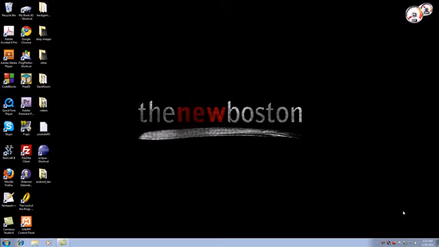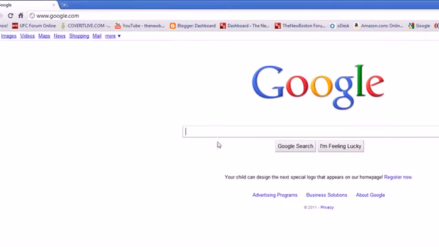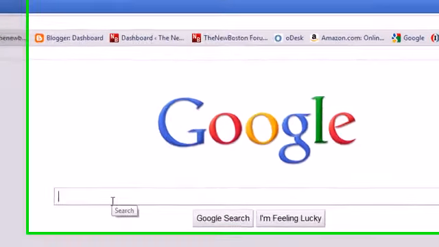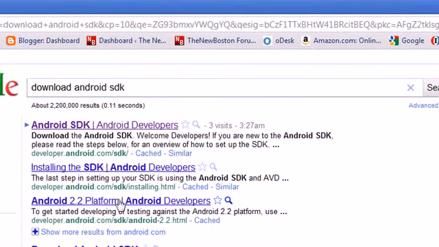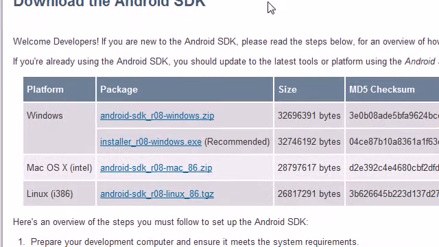our computer. So in order to do that, go ahead and open Google and type in download Android SDK. I don't want to give you guys a direct link because you know how they're always changing things. The website's probably going to change, but anyways, go ahead and click on the first thing that pops up. And this is going to take you to a download page that gives you guys a bunch of different options